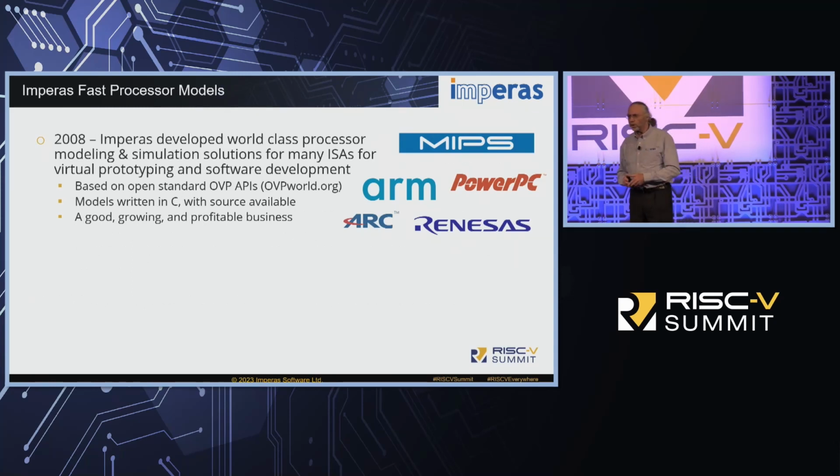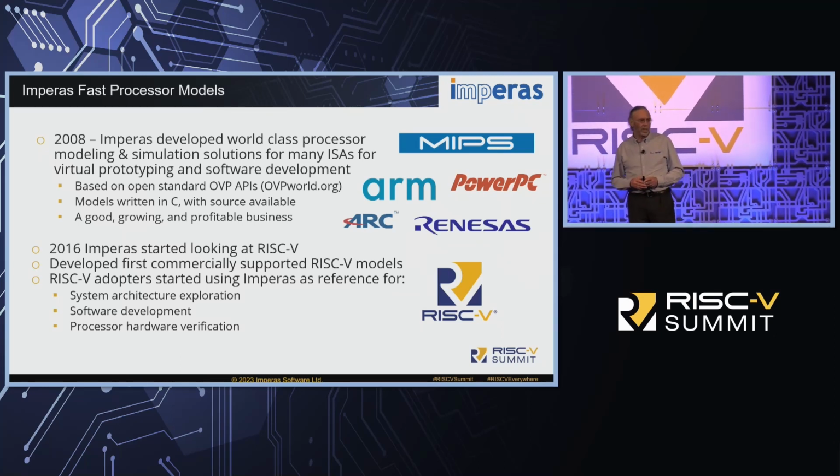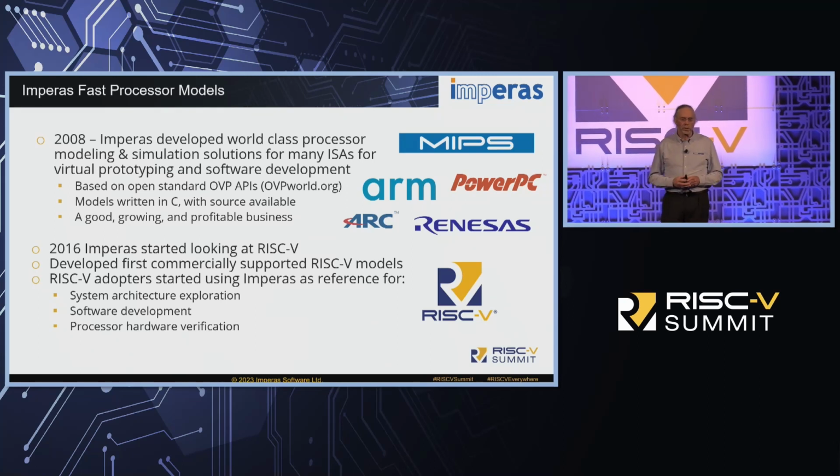Now, from an Imperas point of view, we're a commercial company, and thanks to the customers, they pay us for our technology so we can come to conferences and sponsor parties like on Monday night. We've been building technology around models for 15 years now, around some open standard APIs that we helped create, and we've done all the traditional ISAs. I think we support 17 ISAs at the moment, originating with some of the ones like MIPS and PowerPC, ARM, ARC, and stuff like that. And in 2016, we started talking to Krste about RISC-V. We started getting involved in that and developed commercial models.